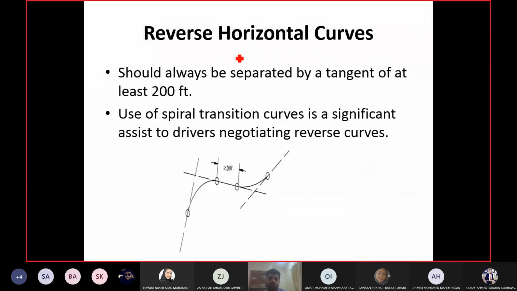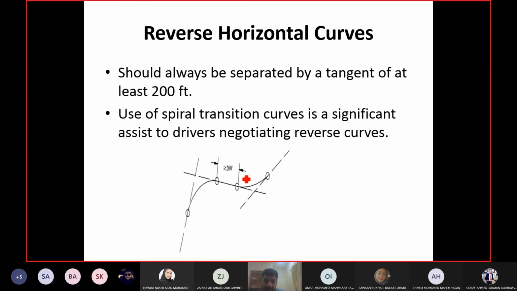Okay, then we have the last one, which is a reverse curve, reverse horizontal curves. So you have two curves which are in different directions. Okay, and between them the length, so they are very close to each other. Now it is your responsibility. Now a reverse horizontal curve, this type of a curve is considered very dangerous. So you will design them according to this book. They are saying design them as two circular curves and make sure the tangent length between them is at least 200 feet. So for a compound curve, they said, if it is less than 200 feet, join them together.